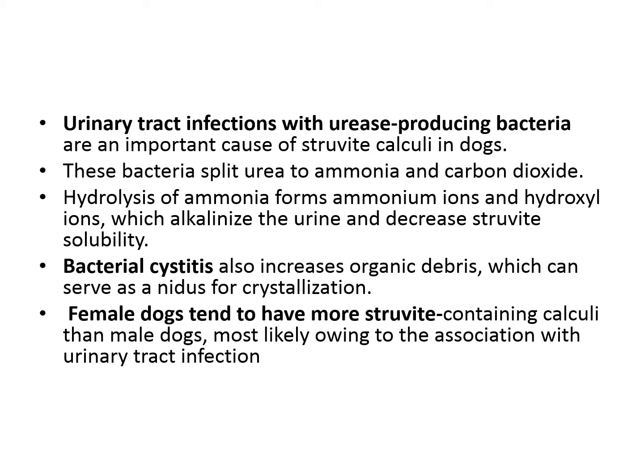So these ions can turn the urine alkaline, and ultimately this alkaline urine will reduce the solubility of struvite, so ultimately causing crystalluria with struvite ions and